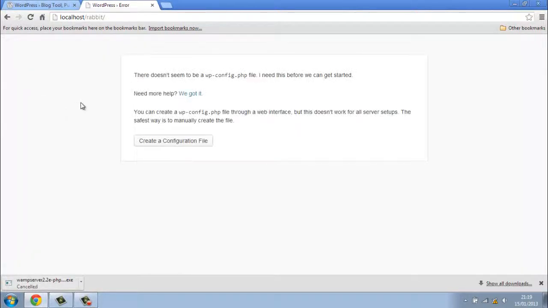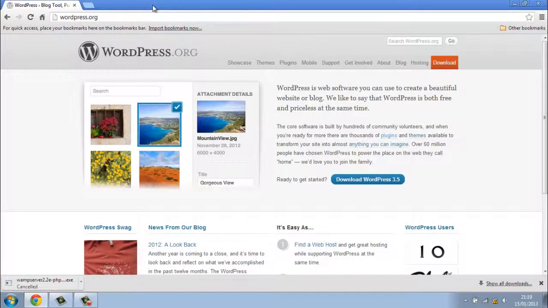If we click on that, we could create the file now. What I want to do ahead of time, there doesn't seem to be a config file. Now you can go ahead and create one, and sometimes it can complicate things, and it just won't happen. So what we need to do